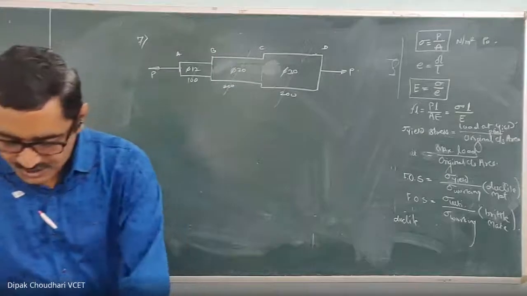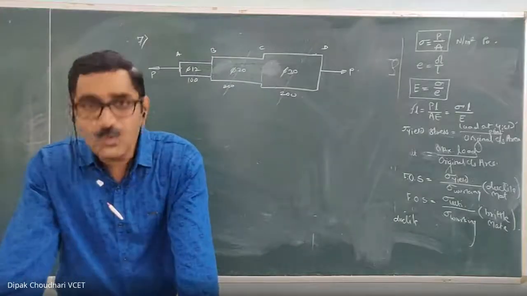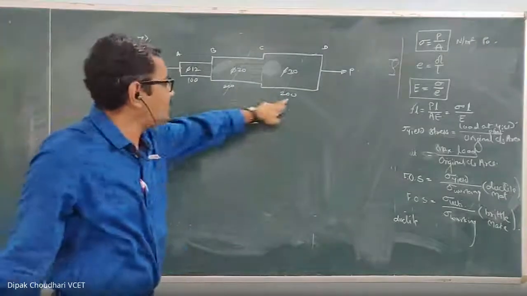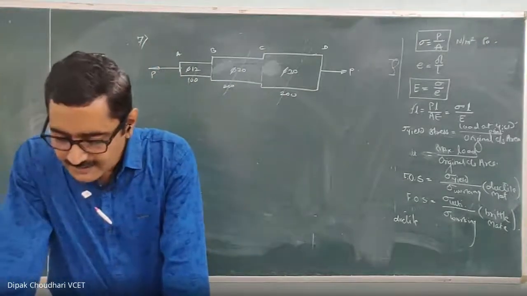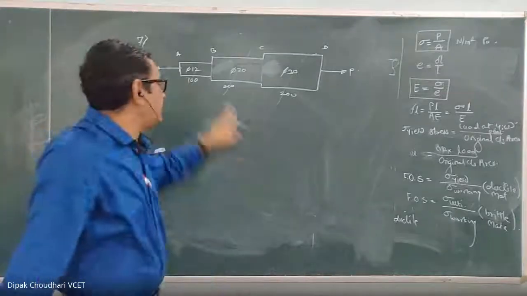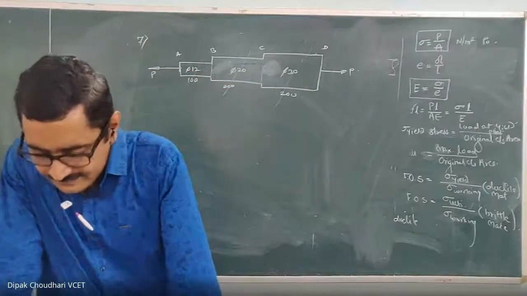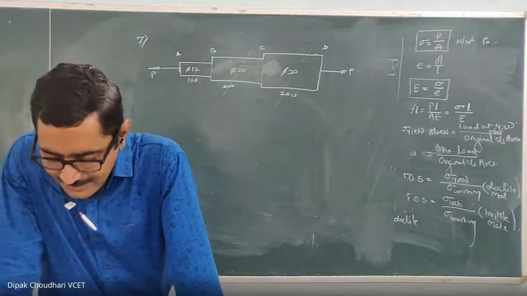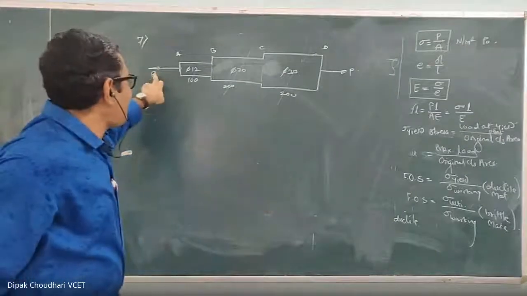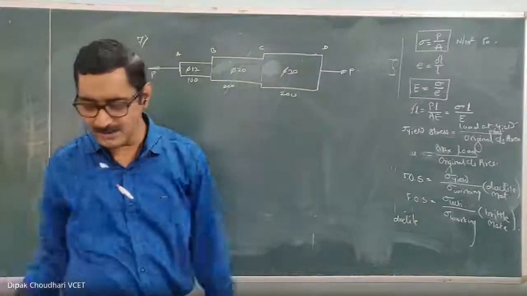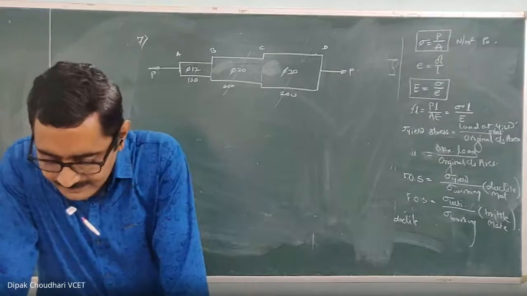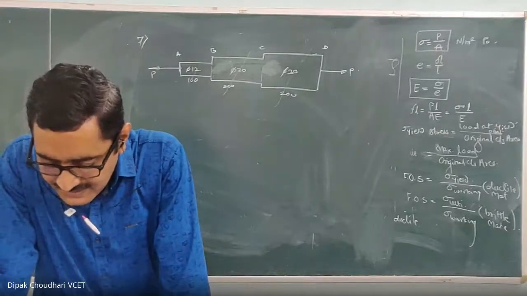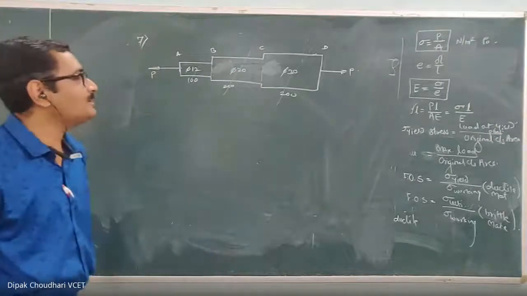Now what is the question? In the question it is given that a circular bar of 500 millimeter length, that is 200, 200 plus 100, has a cross-sectional area as shown in the figure. Diameters are given. Determine the maximum axial pull. You have to calculate the maximum axial pull. How much maximum axial pull we can apply, which the bar may be subjected to if the maximum stress is limited to 100 Newton per millimeter square.